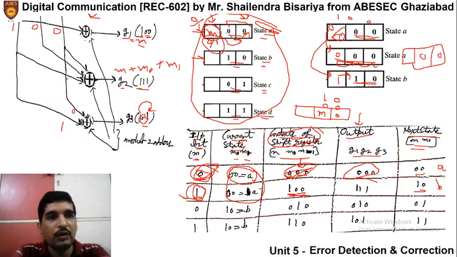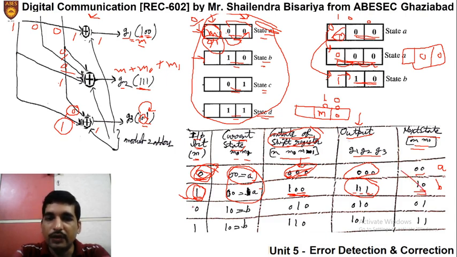I should write it here. All the three cases, that means it is 1, it is 0 and it is 0, and it is simply 1 coming here. So we will say that it is 1, and then we can say that G1 is 1. Then what about G2? G2 is XORing of the 3, right? So 1 XOR 0 will give us the value as 1 again. And G3 is XORing of 1 and third position. First one is 1 and third one is 0. So XORing of these two will give us a value as 1 here. So it will be 1 again. So G1, G2, G3 have value 1. That means the output is 1 and the next state is B.